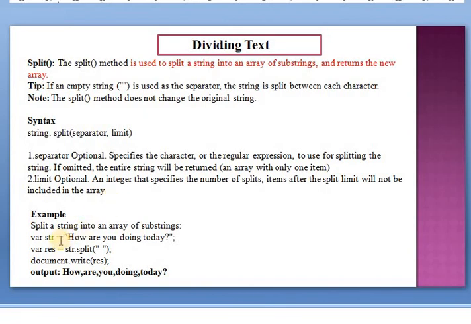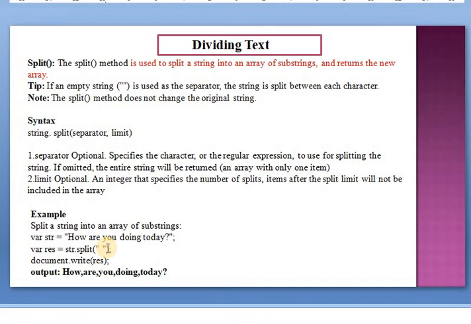This is the example of the split method. Split a string into an array of substrings. Here in this example I am taking one variable, str, equal to "how are you doing today". This is the string which is passed to str. After that, in the res variable we store str.split, and here I am passing an empty string as a separator.